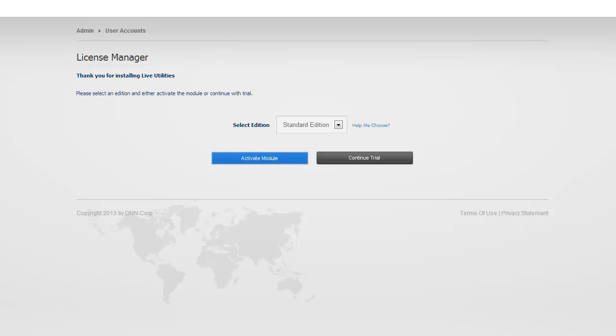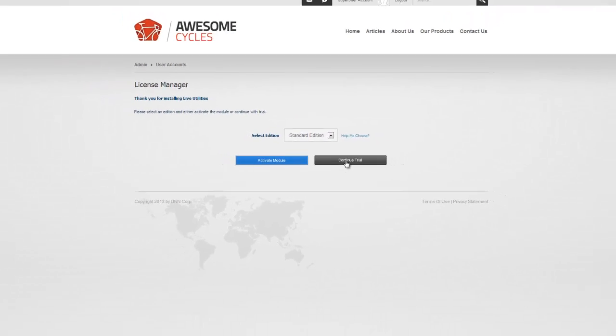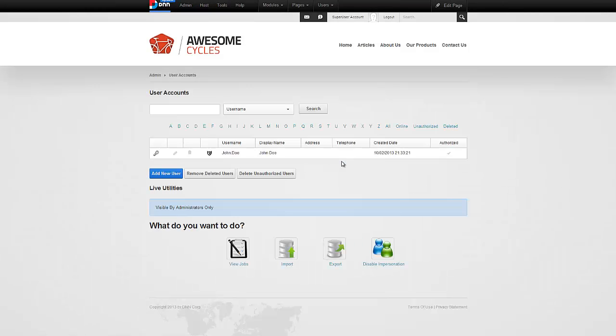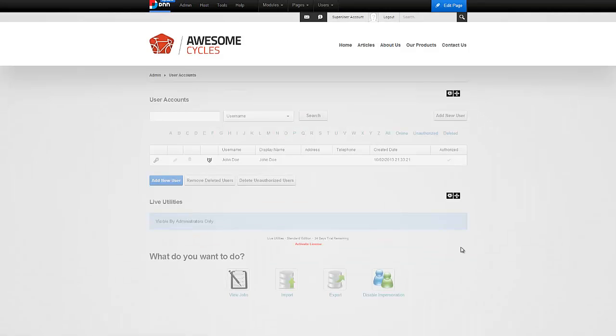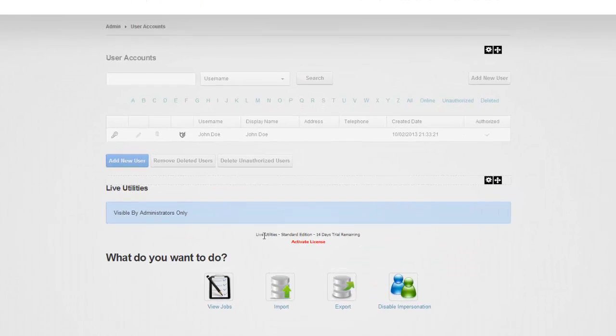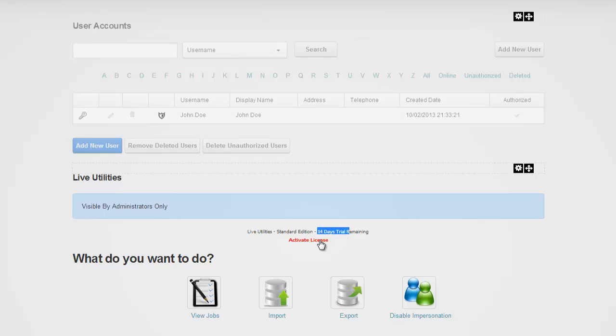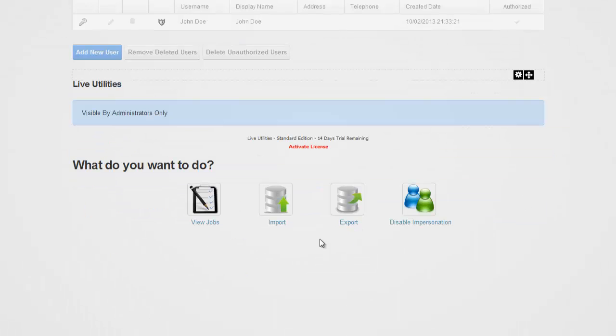After I add the module to the page, I am prompted to select an edition. We'll go ahead and choose standard edition in this case, and we'll just continue with the trial for the moment. Now we have the Live Utilities module here, and I'm going to edit this page just to confirm that we are running this in a trial, and we can activate the license. I'm going to do that in a short while, but what I want to show first is